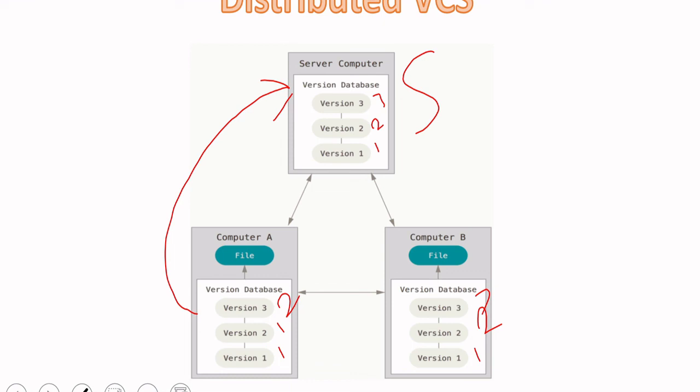The example of the distributed VCS is Git. The examples of centralized VCS are Perforce and SVN. Perforce and SVN are still being used by some companies, but they are a little bit old technology, I assume. And Git is the one which is being used by the majority of the companies. So next, we will come up with the introduction to Git, like installing Git, etc. With this, I am ending the overview, but in the next coming video, I will be discussing Git.